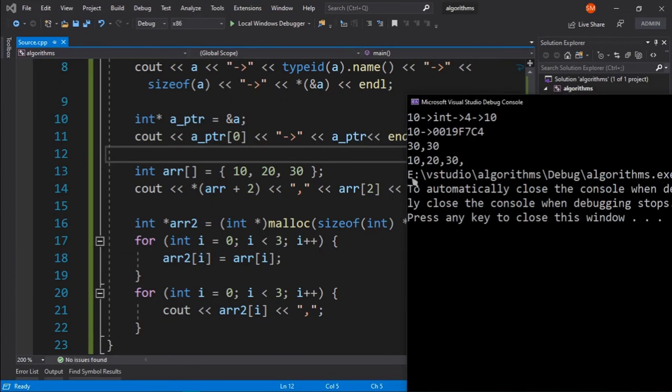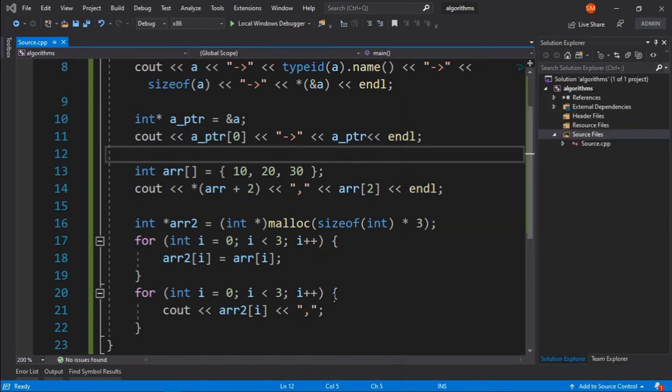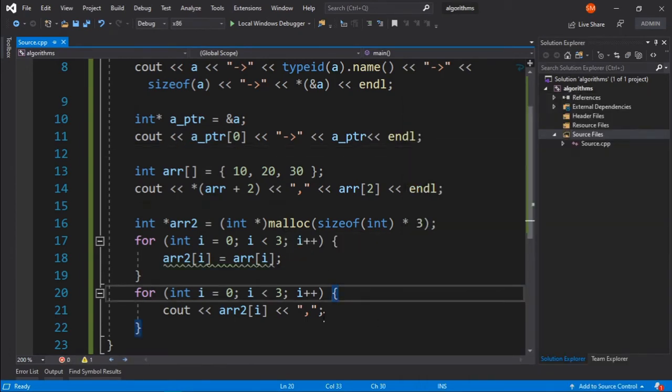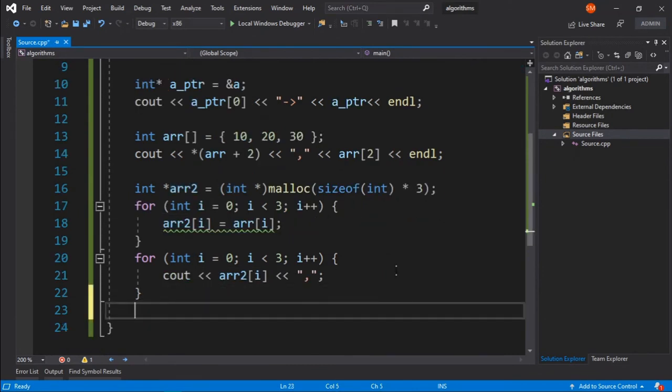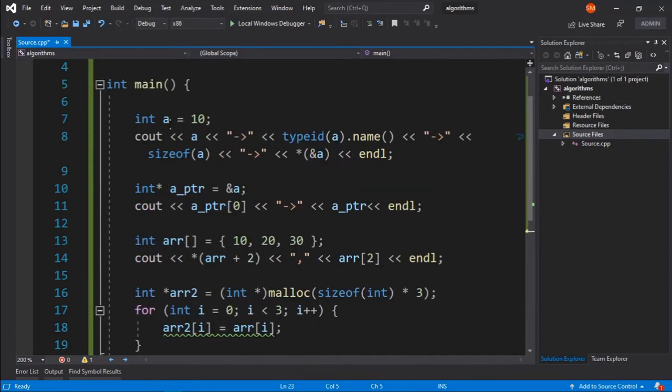you can see that this memory is actually created on the heap, and I can also free this memory and create a new memory and allocate that to this pointer. Now there are two ways to deallocate or free this memory. Freeing the memory is just the same as deleting that pointer. Whenever you are using normal variables, what happens is that